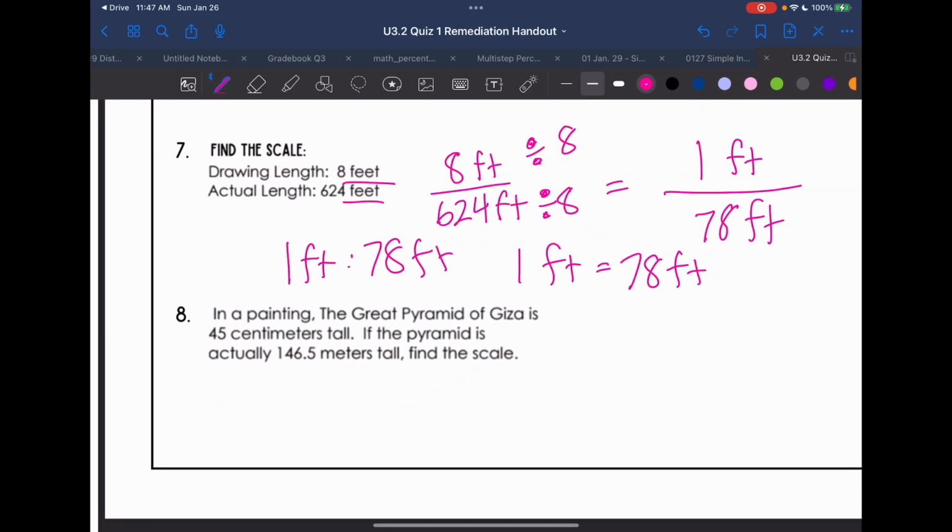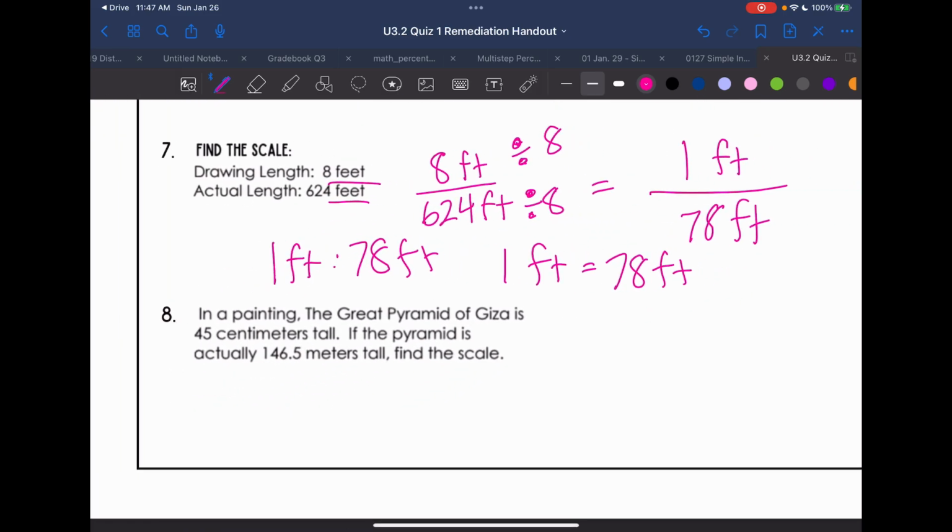Okay, number 8 says, in a painting, the Great Pyramid of Giza is 45 centimeters tall. If the pyramid is actually 146.5 meters tall, find the scale. So it asks us to find the scale. That's how we know we're finding the scale. So model over actual. In a painting, it's 45 centimeters tall. A painting isn't real. So 45 centimeters. And then it says it's actually